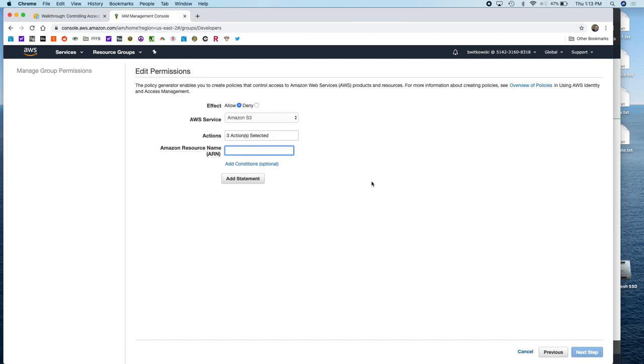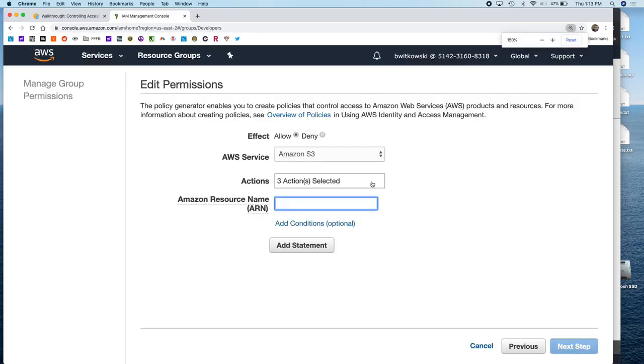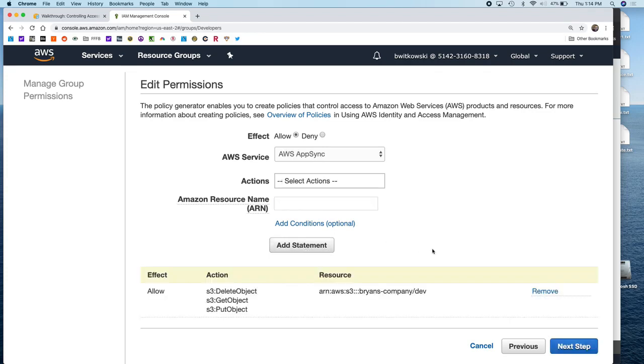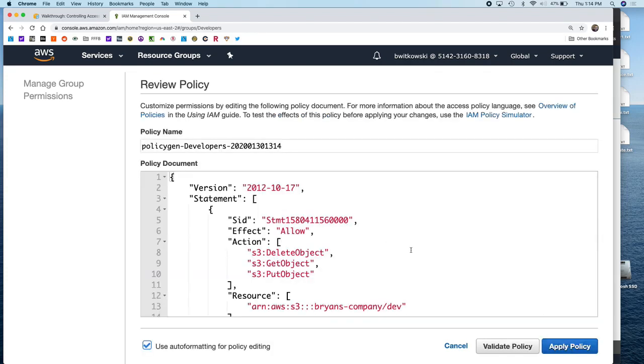Okay, so my resource name, we're getting fairly decent at this now, hopefully. So ARN:aws:s3:::, and now my resource name, my bucket name, Brian's company. And then I can get specific about what I want you to access. I want you just to be able to access that dev directory. And I'm going to add that statement. If I go to the next step,